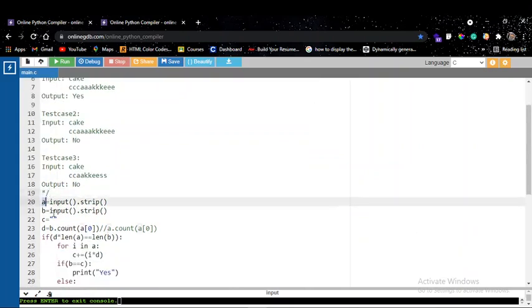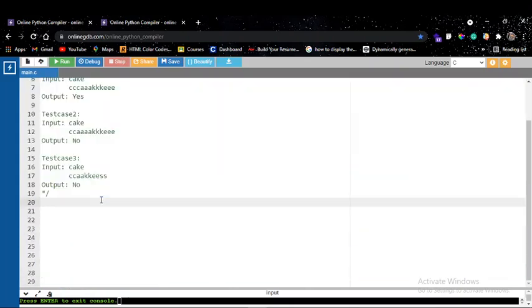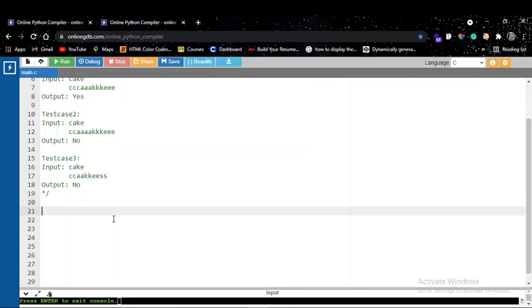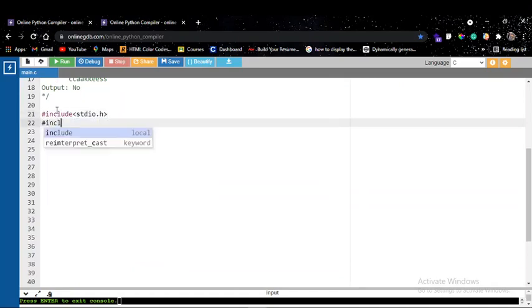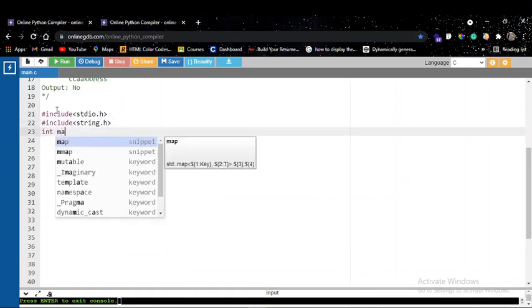I want to remove this code too. Okay, so yeah. I'm gonna include the header files. So I have to include stdio.h and I have to include string.h. I'm gonna include them,